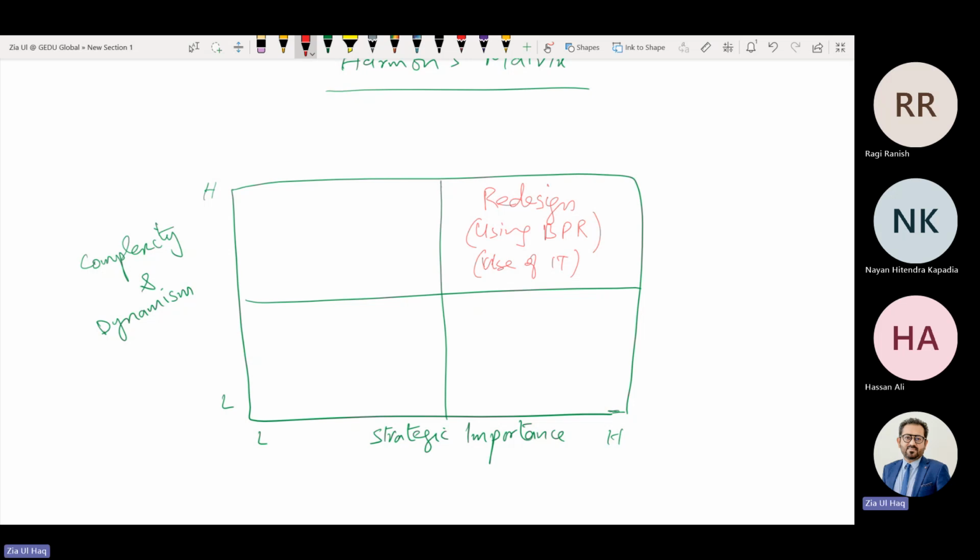If they are already on Microsoft Excel, move towards Peachtree or Tally. If they are already on Peachtree or Tally, move towards SAP or Oracle. In a high IT solution, change everything from scratch. Try to change everything, design them again so that you will be able to resolve the complex issues. Why do we need to change everything? Because they are strategically highly important. Without them, we will not be able to survive. Primary activities could be sale, purchase, or production.